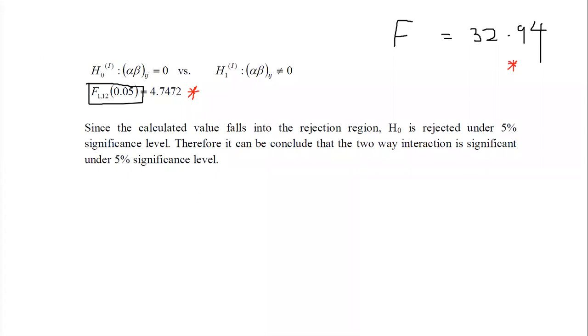Two-way interaction is significant. Therefore, factor A cannot behave independently, as well as factor B cannot behave independently. Therefore, in this situation, you do not need to check for the factors separately. You do not need to test for the main effect of temperature, or else test for the main effect of humidity.